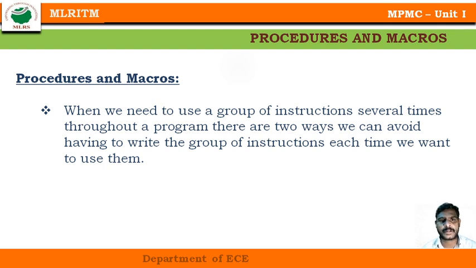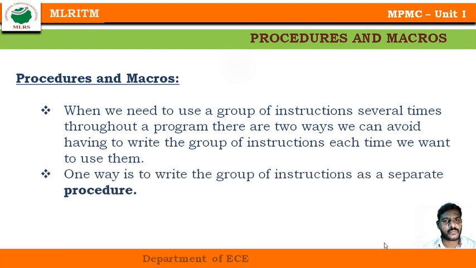So I write a separate program, called a subroutine or a subprogram, that does only the addition of 6 subjects. When that addition is complete, it comes back to the main program, finds the average and stores the result. This means I can avoid writing the addition program a number of times in the same location, since I am using a separate program. Such a group of instructions written as a separate program is handled by methods called procedures and macros.